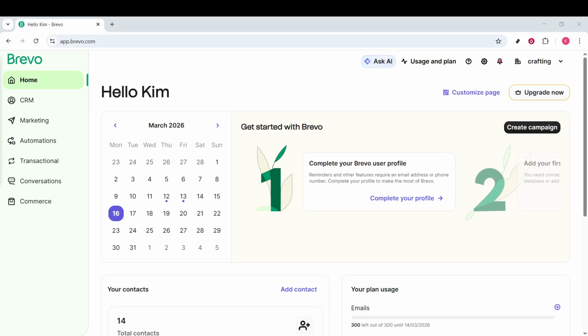In today's video, I am going to teach you how to authenticate a domain in Brevo. Domain authentication is important because it helps your emails look more trustworthy to mail providers, improves deliverability, and reduces the chance that your messages land in spam. We will do this directly inside your Brevo account, and then Brevo will confirm the needed DNS records before you